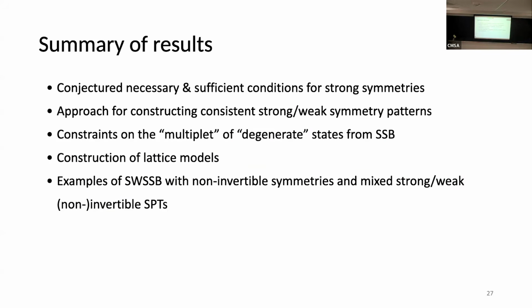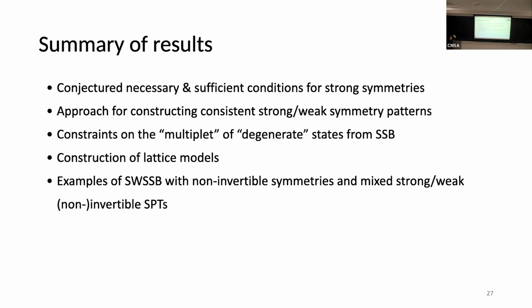So as I mentioned before, we have some conjectured necessary and sufficient conditions for the case where you start off with a strong symmetry. The case where you begin with strong and weak symmetries and this extension and partial condensation, we don't have it on as rigorous footing. We have an approach for constructing consistent strong to weak symmetry patterns, as I mentioned on the previous slide. And we also have constraints on the multiplet of degenerate states that come from spontaneous symmetry breaking. And I can say exactly what the physical meaning of that is